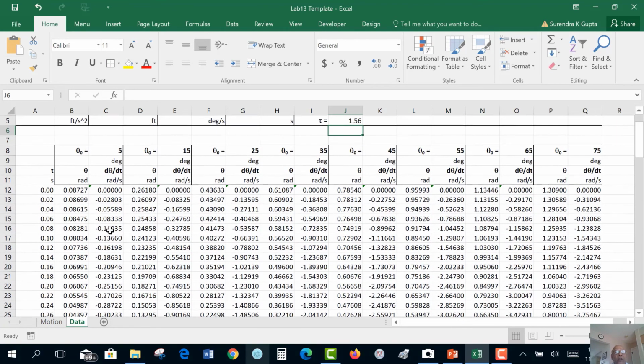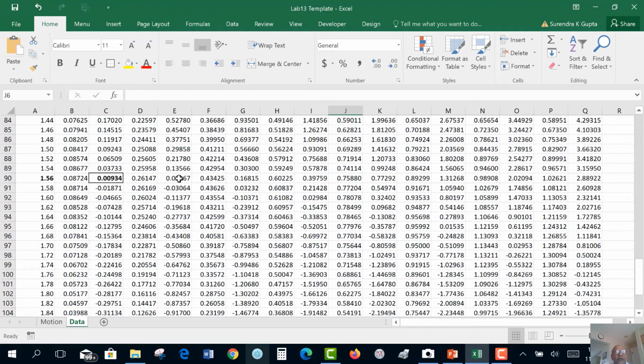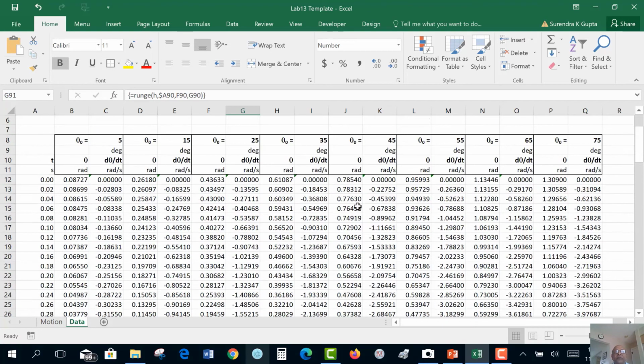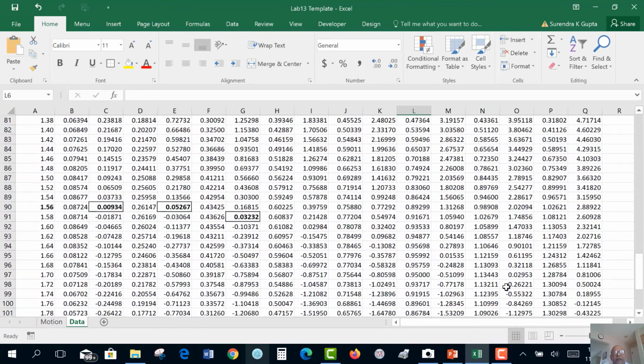So now we'll go in the next column, 15 degrees. And I know it should be somewhere around nearby. So again, it is 1.56. And then next it will become between 1.58 and 1.6. I'm going to take the initial value. So before I forget, let me enter 1.56 and 1.58. Okay, let's go 35 degrees. So when we go to 35 degrees, this is the value. So 1.6, then 1.62,